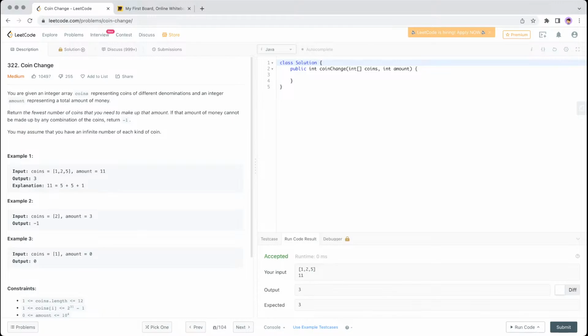I'm not sure if you're familiar with dynamic programming. It's a top-down approach of a recursion. So this is more like an advanced topic, but you'll usually have to use this to solve problems like minimum or maximum. Yeah, you're given an integer array coins representing coins of different denomination and an integer amount representing the